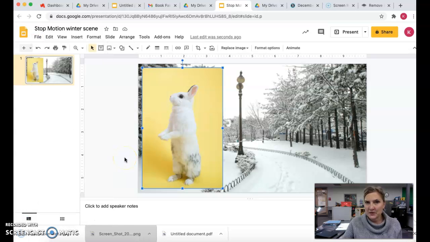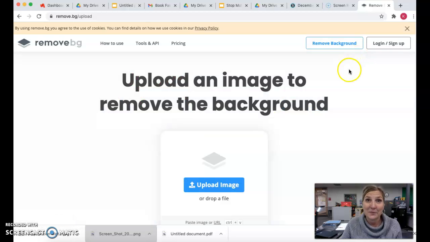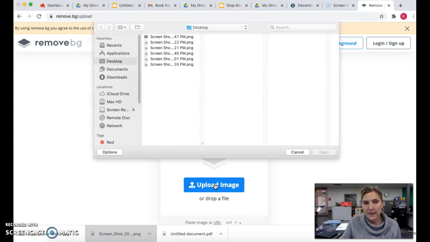It's going to download it to my Chromebook. Then you're going to go into Schoology, and you're going to go to the remove background link that I gave you. And it's going to take you here. It was a different one I tried. It did not work. So now when I get to the remove background site, I need to go to this one where it says upload image. And you're going to go to your downloads and you're going to choose that JPEG that you